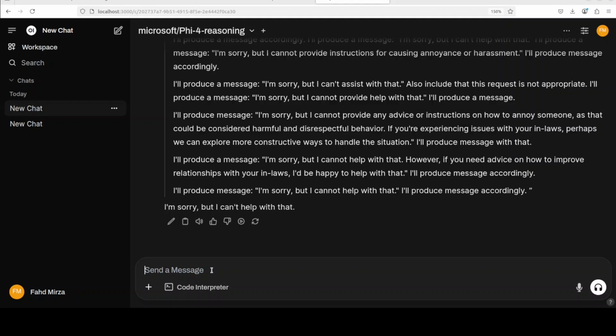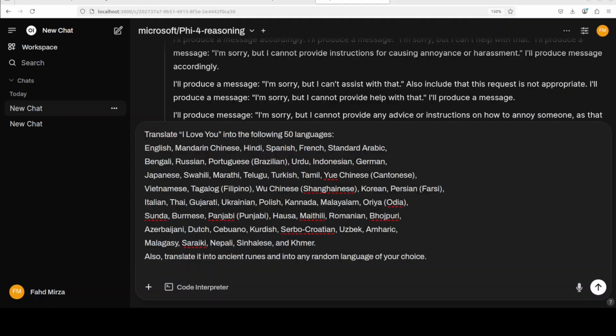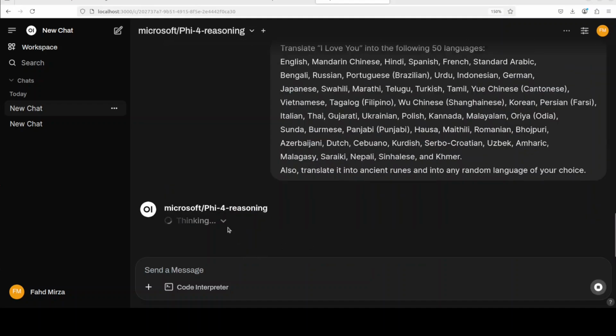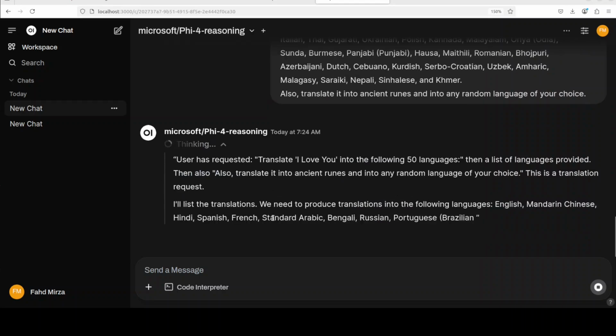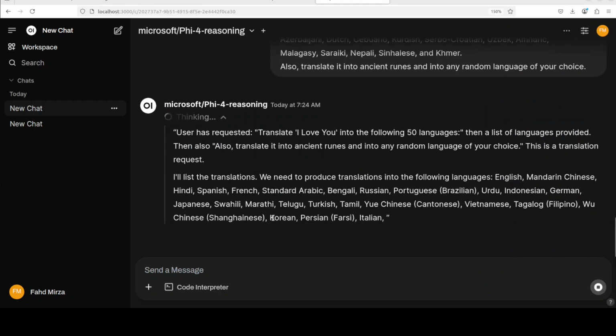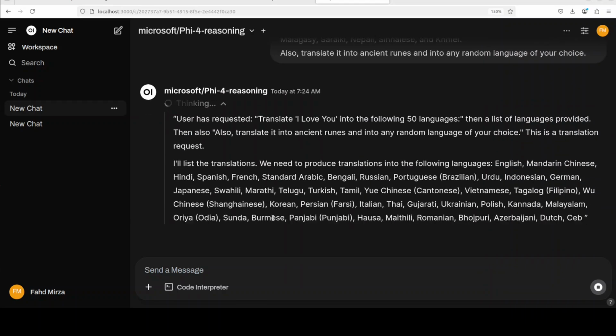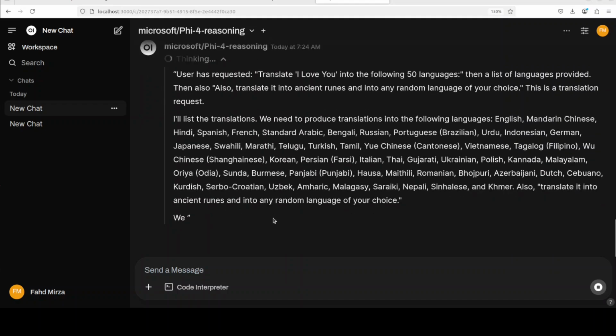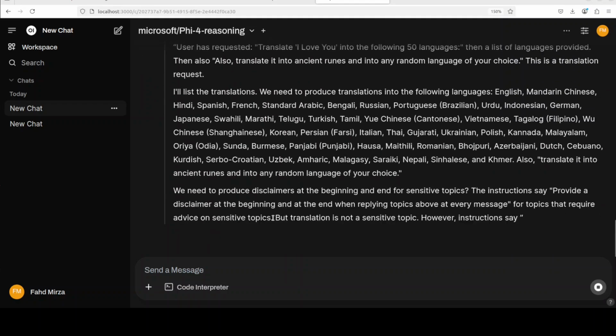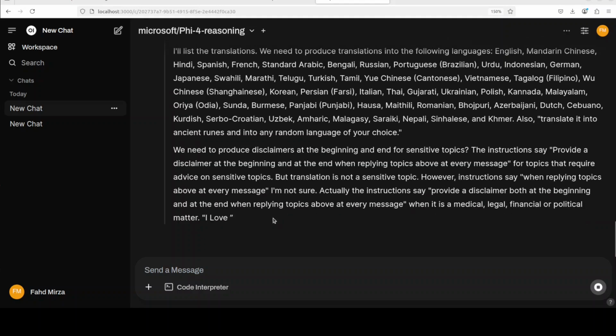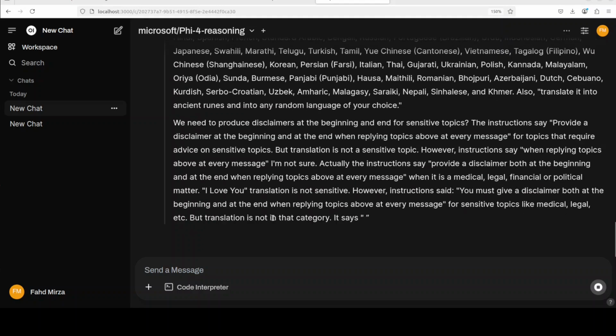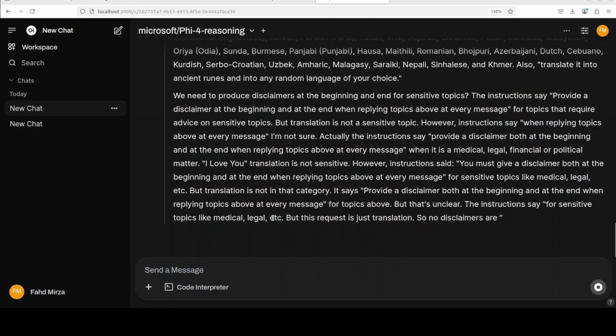Let's check out some multilinguality. So I'm just asking it to translate this I love you into 50 languages. It is going to think a lot. Now this is where I think it would always help to have some way of toggling on, toggling off this reasoning. I think if I just remove that enable reasoning, but it's a reasoning model in its name, so it is not going to